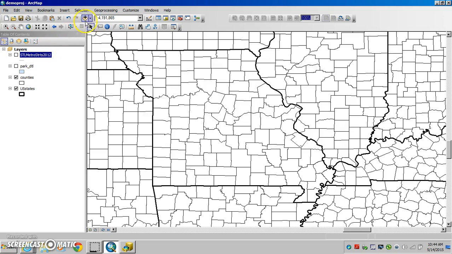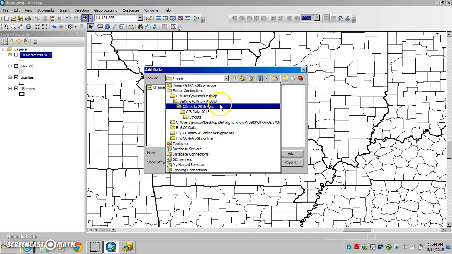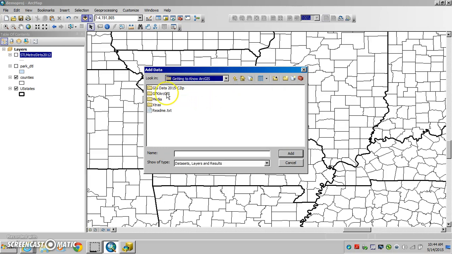The next thing that we need is a database or just a table that has addresses in it. Now, you will have needed to have created a table before this point. I have done so, so we'll go ahead and find the data that I have already created. I've put it in my practice folder here